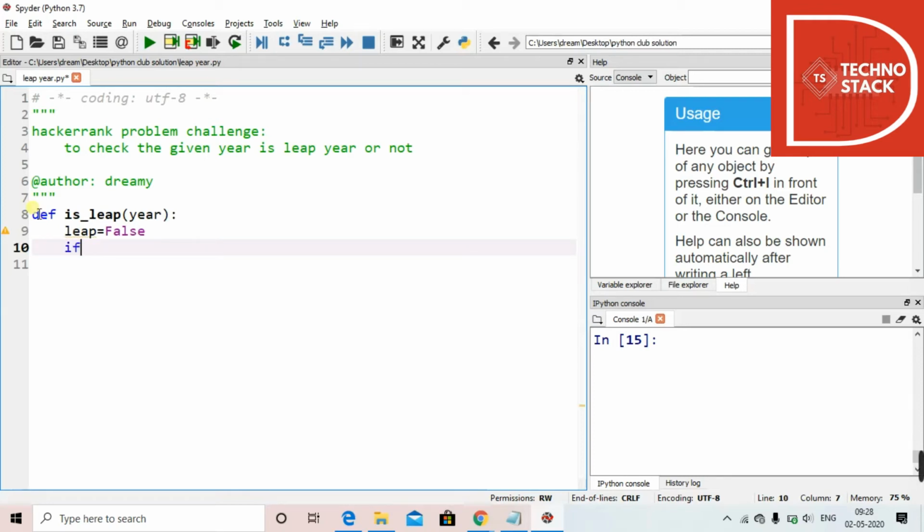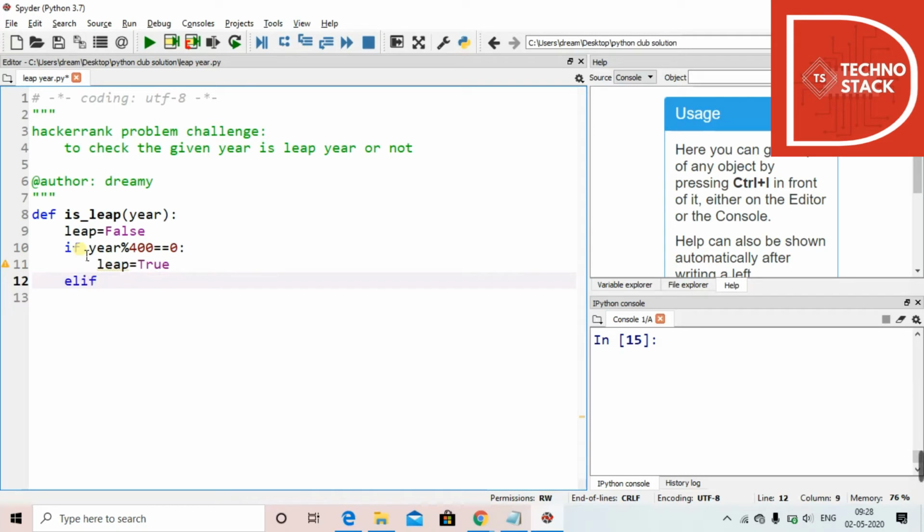Now we take a condition: if year modulo 400 equals 0, we'll check that first. We'll go in the reverse order as given in the problem statement. So if year modulo 400 is equal to 0, then we'll turn leap as true. The variable that was set false, we'll turn it as true.